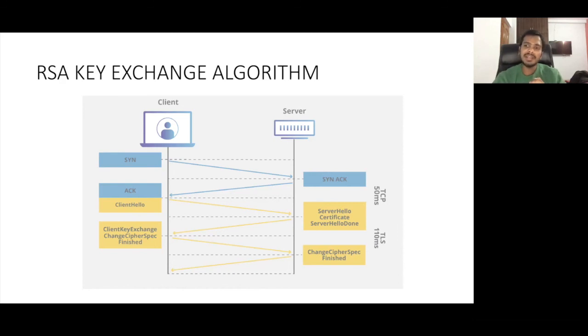If you want to understand what exactly happens in the RSA key exchange algorithm and in Diffie-Hellman, how the keys are exchanged and how both are able to share the same private key, and learn all of this in detail, there are a lot of good YouTube videos on this. If you just do a Google search, you will find a lot of good articles on this. So do read those.